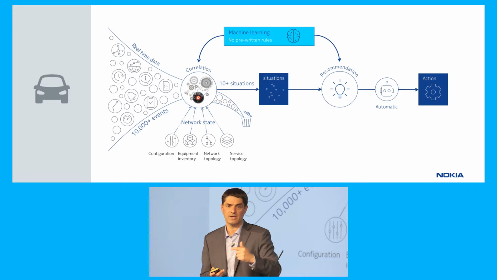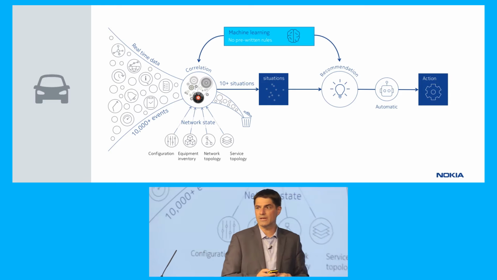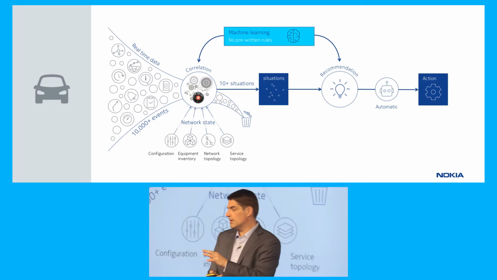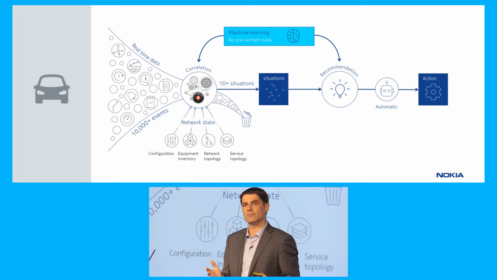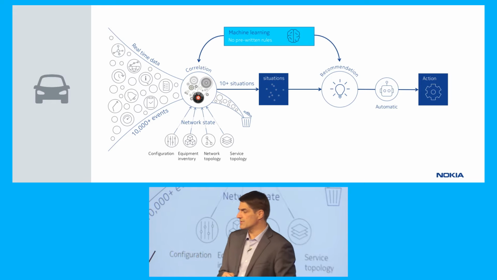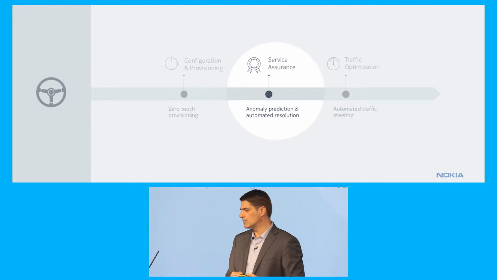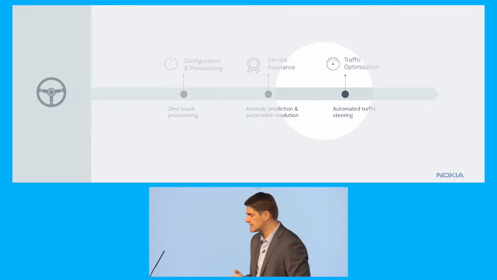So what ends up happening is we take the operator out of the equation completely, and they end up automating the full closed loop using this example. So this is just one example of applications that I used in this kind of service and network assurance mode. So moving on to the next phase is to talk about the traffic steering.